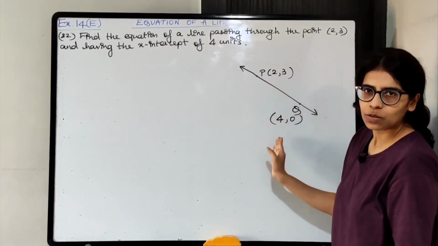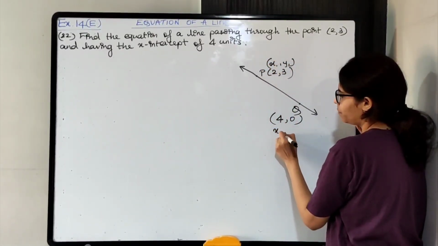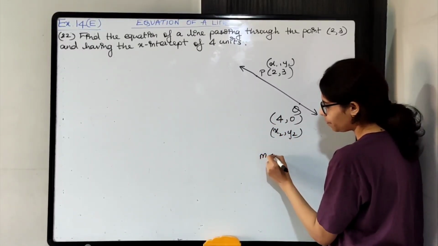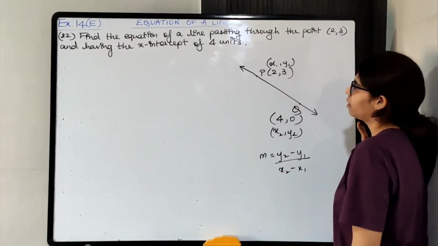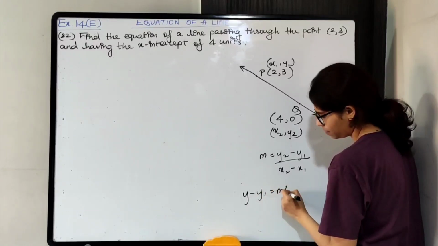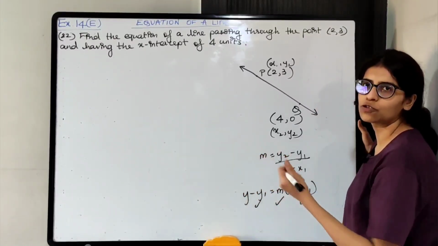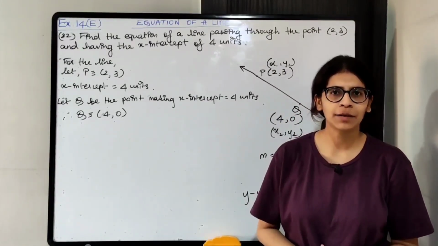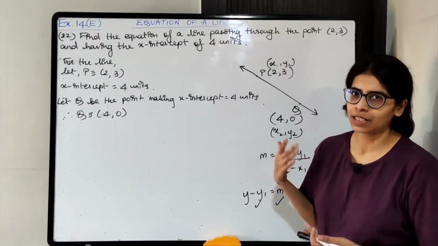We have 2 points' coordinates. x1, y1. Let this be x2, y2. We will get the slope easily, right? Using the formula. And once you find the slope, we have 1 point's coordinates. Frame the equation. Put the values of x1, y1 and m. You will get the equation of the line PQ. So draw a line for reference and name the coordinates. I have named the coordinates as P and Q respectively. You can name it something else.